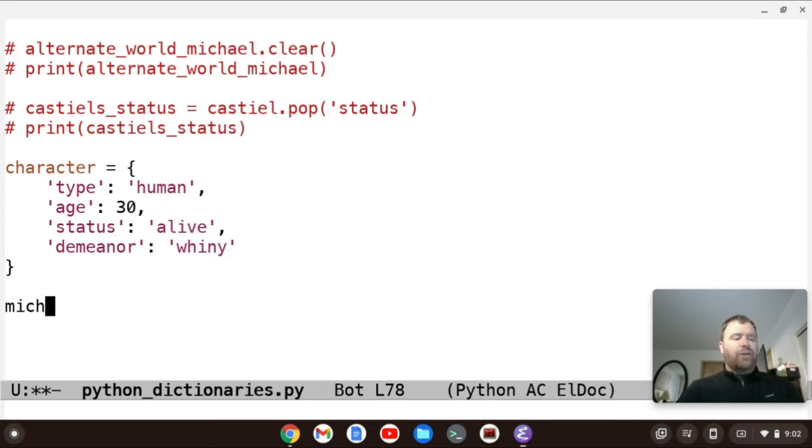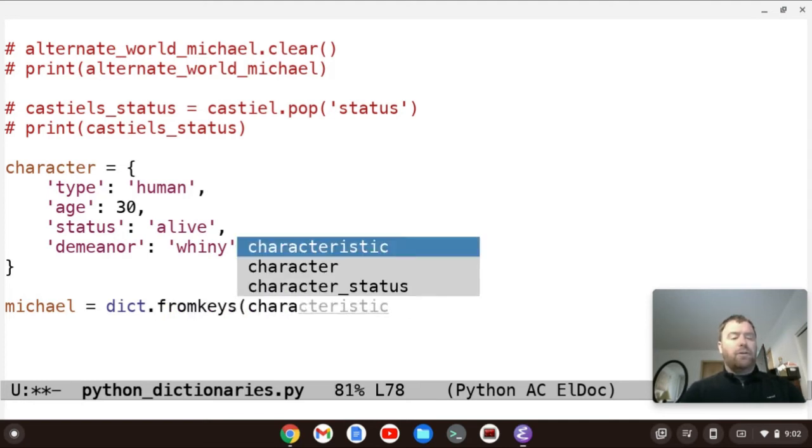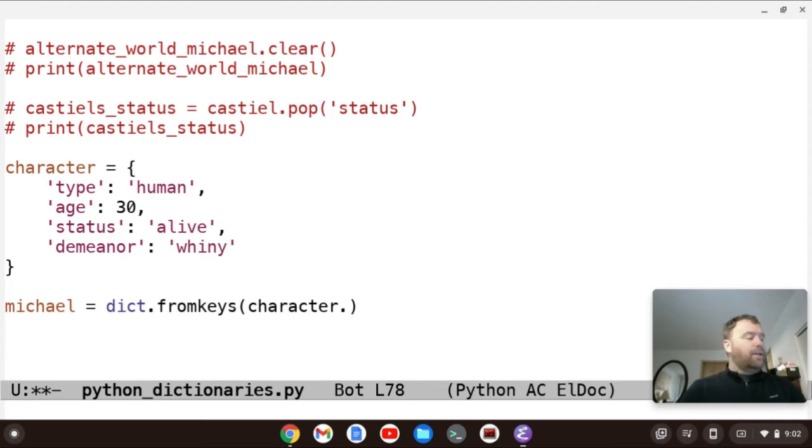Let's create a dictionary called Michael, and we'll use dict and then the fromkeys method, character.keys. Now we're going to print Michael.